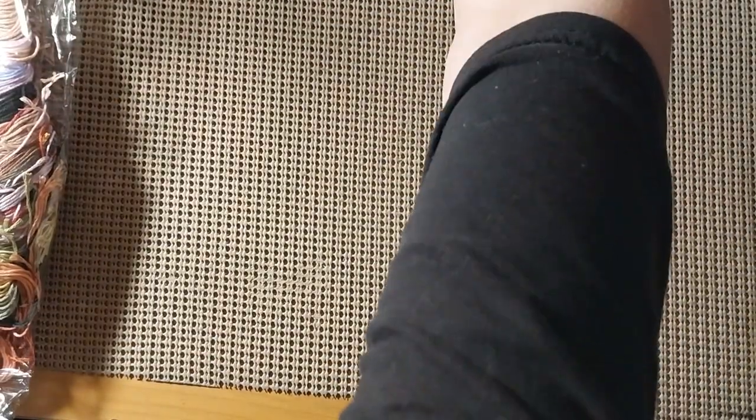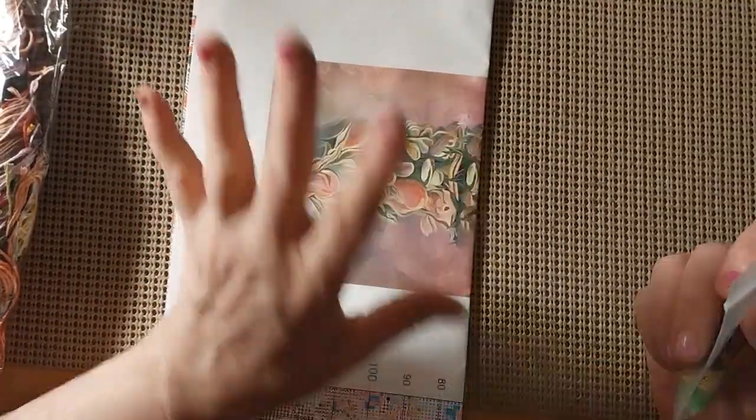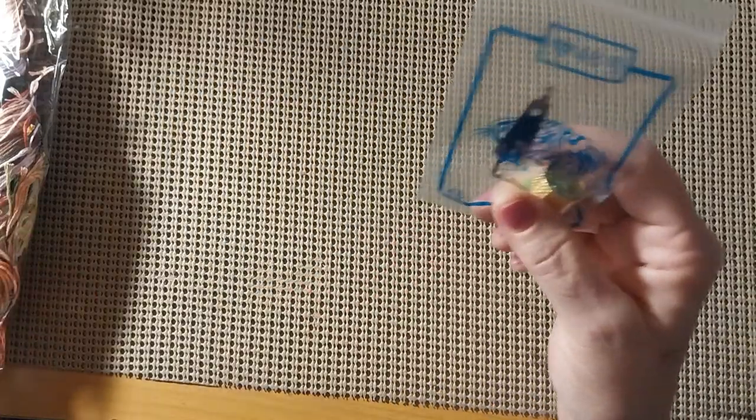So very nice. Yeah, I still like the picture. I usually, 9 out of 10 times, if this is kind of blotched or smeared or whatever, the canvas is perfect. So we're gonna see here in a minute. I usually don't, it's not the canvas, and this comes from the factory. It is not